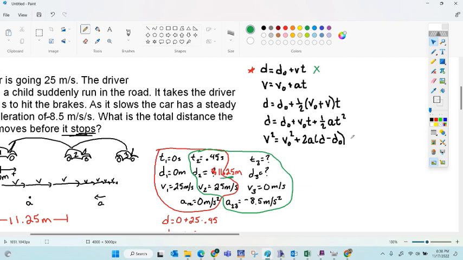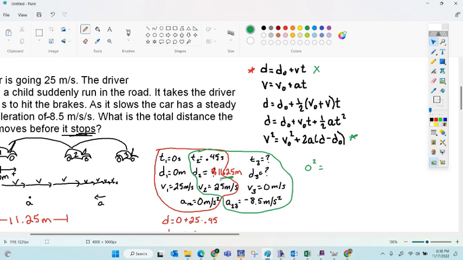So once again, we can use this equation. I can say v squared, this is our ending velocity for this phase. So I can do 0 squared equals